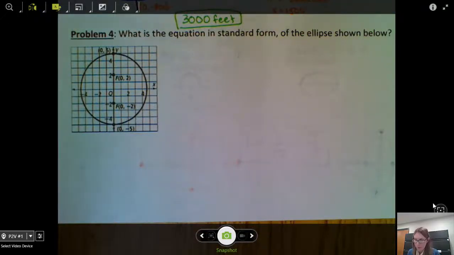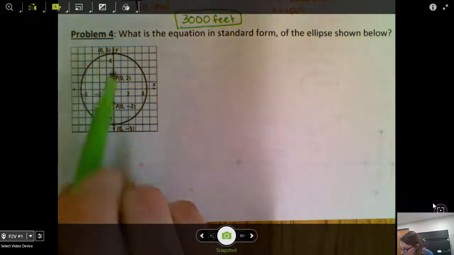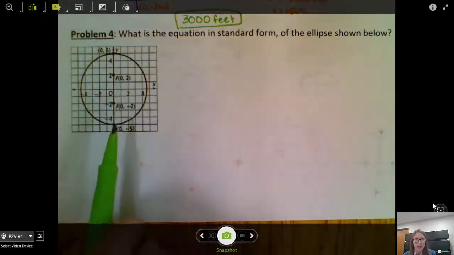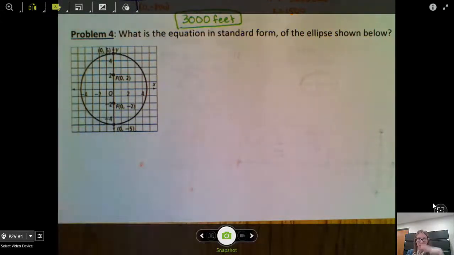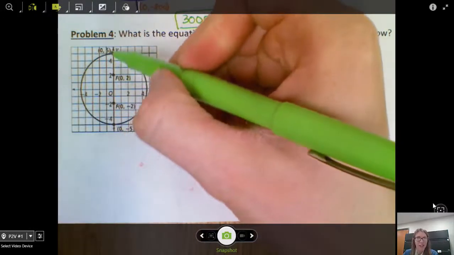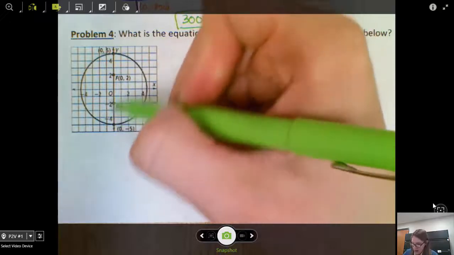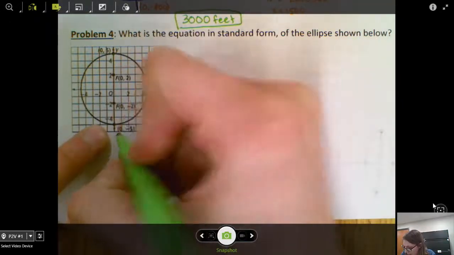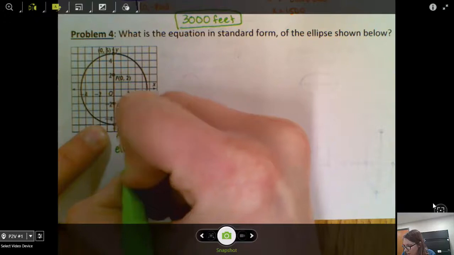Okay, our last type of problem we are going to deal with is like problem 4 here, where I'm given some information and we want to write our equation in standard form. So here's my graph. I know that I have these points at (0, 5) and (0, -5). It's kind of hard to tell from the graph if our ellipse is wider or taller. But since my foci are on this vertical axis, that tells me that our ellipse is taller